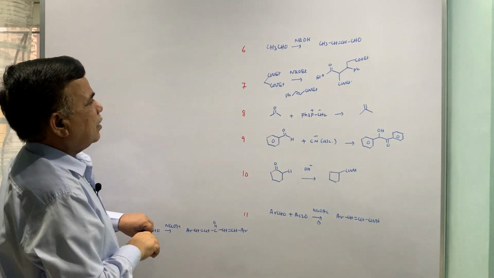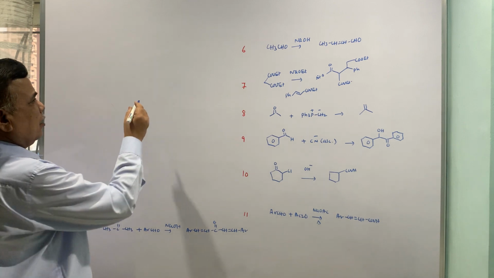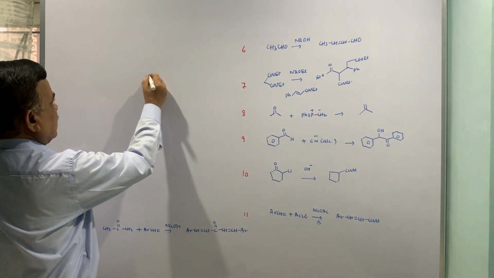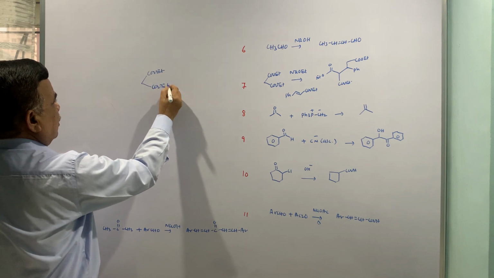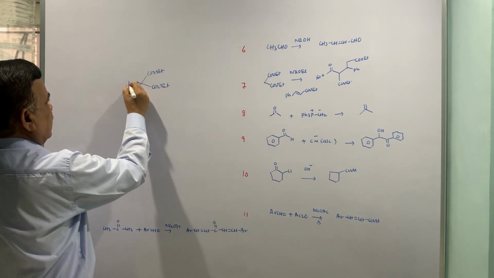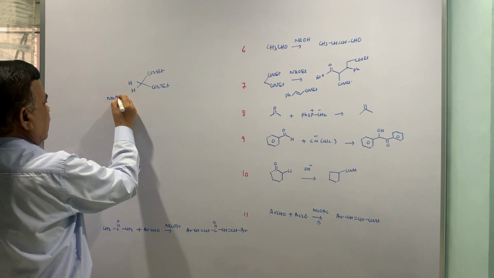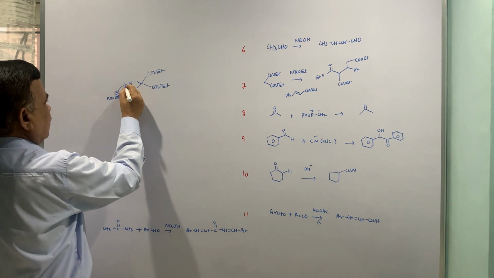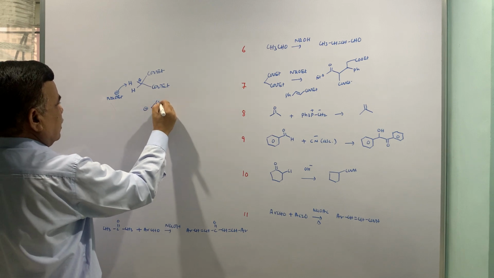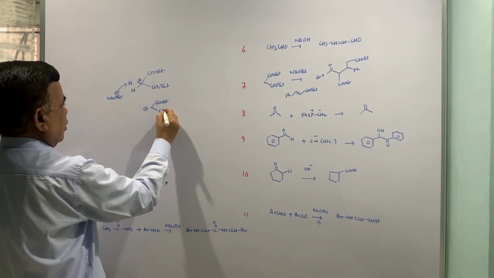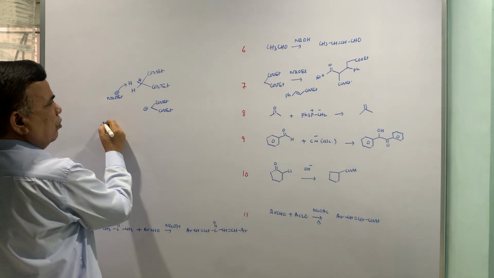Malonate ester, we know that sodium methoxide is capable of abstracting a proton from it. So these protons are acidic. NaOH can abstract it. You get a carbanion here. Now this is a stable carbanion because it is flanked by two ester groups on either side, and now we have to add it to